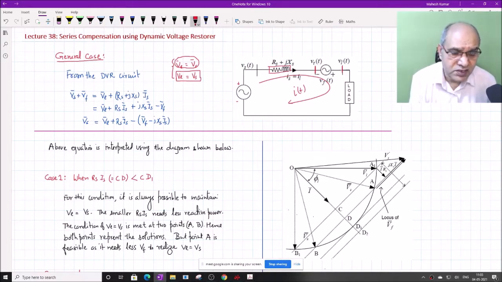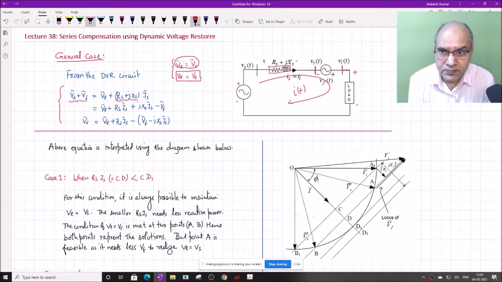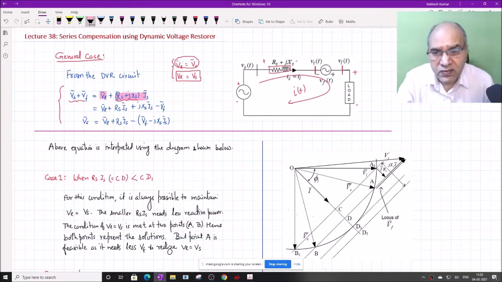For this simple circuit, this is Kirchhoff's voltage law: the total voltage rise equals the total voltage drop. Therefore VS and VF are voltage rises, because the polarity of VF is taken the same as the polarity of VS. So VS plus VF is equal to VL plus the drop across each component, that is (Rs plus jXs) into Is. This is the fundamental equation. We will always use this equation for any derivation; it is the beginning point for any expression.